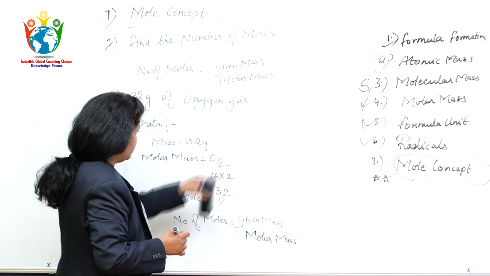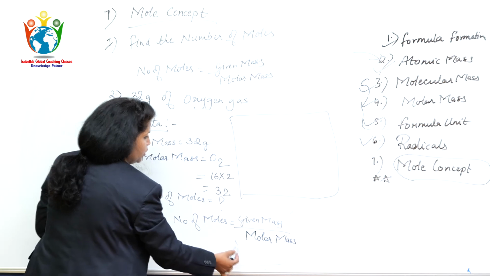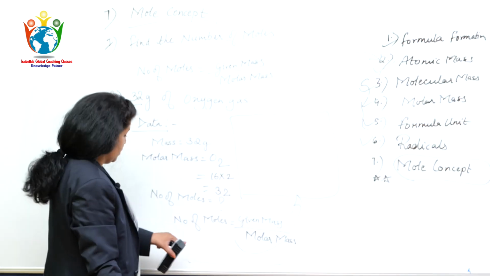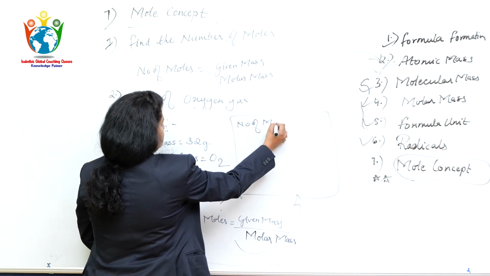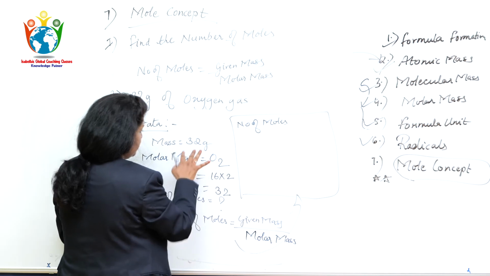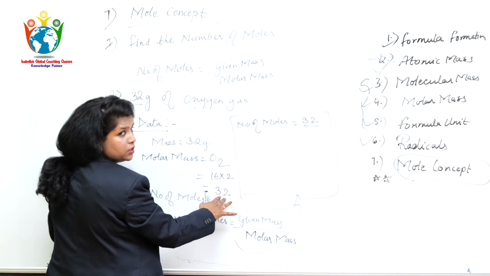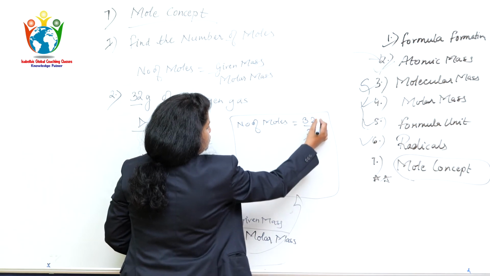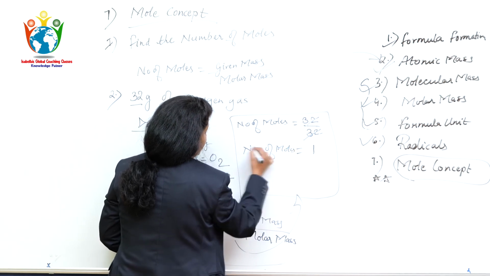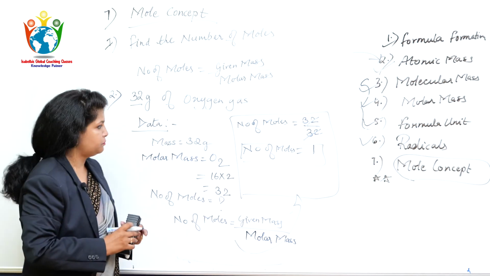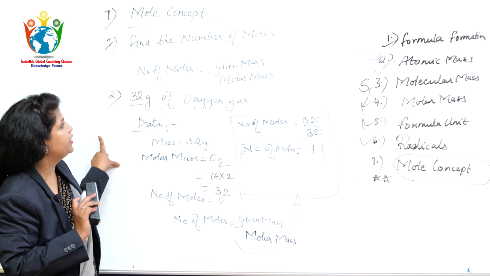Okay. Now, I have a space over here I can utilize. I will make a box over here so that you will understand, and I will indicate this with an arrow also. Now, number of moles we have to find out. Given mass you are given 32. Molar mass we have found out 32. So, it is so simple: 1. See, this is a very difficult topic. I am trying my best to make it simple. Okay. Now, I guess you know how to find out the number of moles.